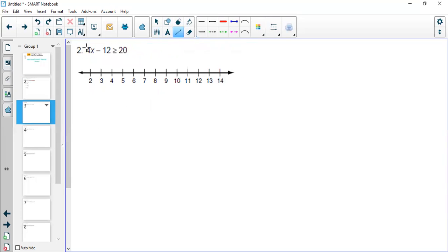Keeping this in mind, let's try to solve the next question. Again, before you solve the question, read the question once so that you will immediately understand what you need to do. So here, 4x minus 12 is greater than or equal to 20, which means definitely we need to get rid of this number first. We have to move it to the other side, right? Which means that's going to be